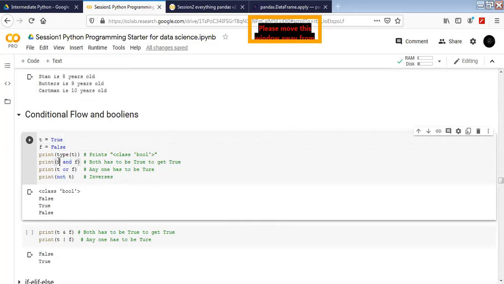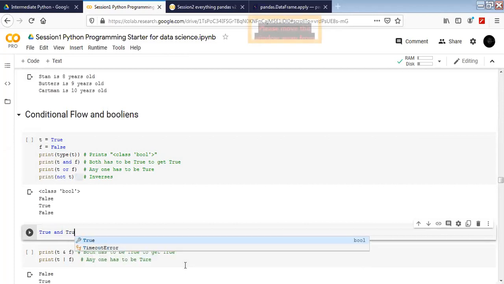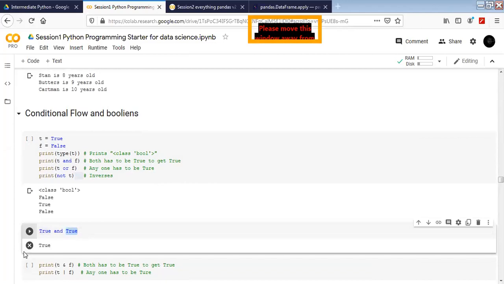If we are using and, what should be the answer? If I have true and I do true, the answer will be true. So true and true is going to be true, because when both are the same we get true in the and situation.